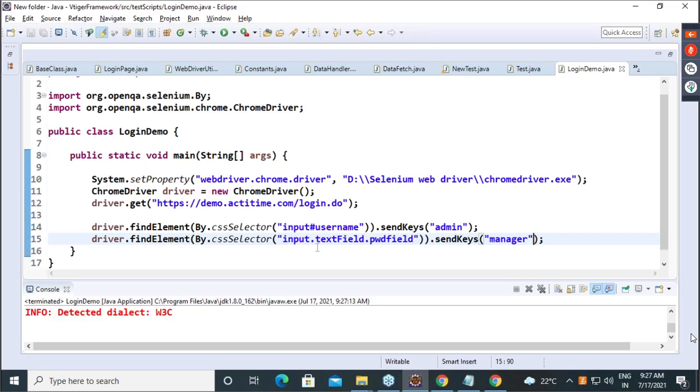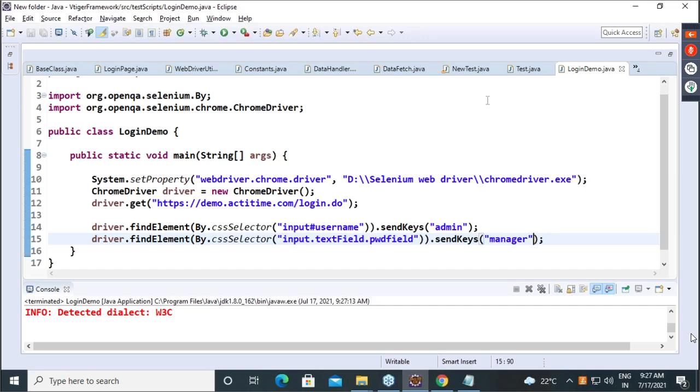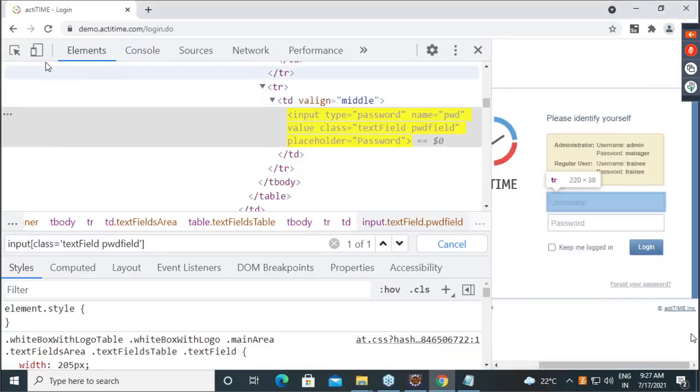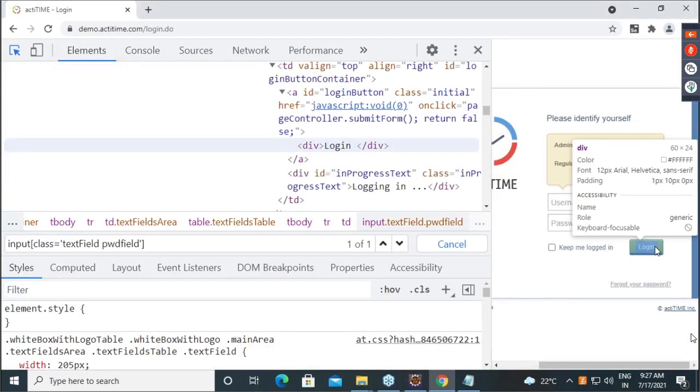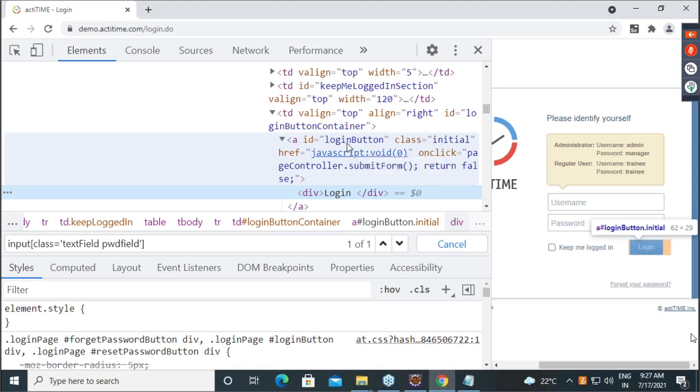Now let's complete this login script before writing it down. See, I want to inspect this login button. Now, can I use CSS selector here? With the ID I can use, and with the class also I can use. Are you getting my point?